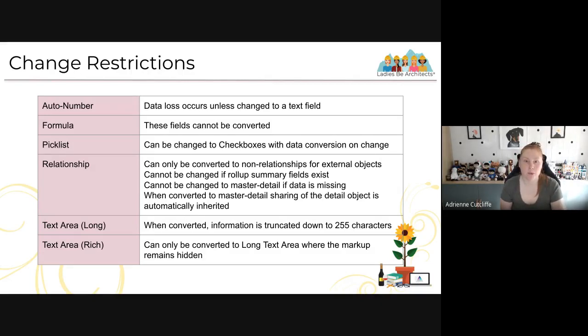But as I mentioned, formula fields can't be changed. Auto numbers can only be changed to text. And there are a lot of conditions around relationships. If you're converting a master detail to a lookup field, you're mostly in the clear. However, if you're converting a lookup field to a master detail, you need to make sure that, as I mentioned, because those records can't physically exist without the parent, the parent field is filled in on all of these records